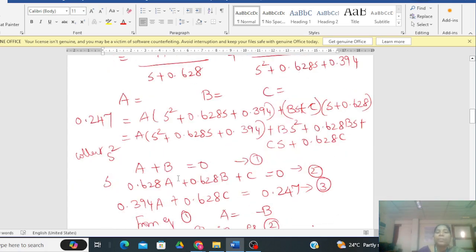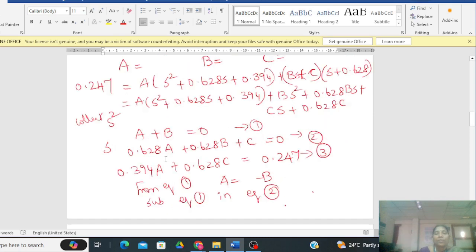So you will have A plus B equal to 0. Then collect the coefficient of s. You will be getting the second equation as 0.628A plus 0.628B plus C equal to 0. Then the third equation, when you collect the constants, is 0.394A plus 0.628C equal to 0.247. Now, when you solve these three equations, from equation 1 we will be getting A equal to minus